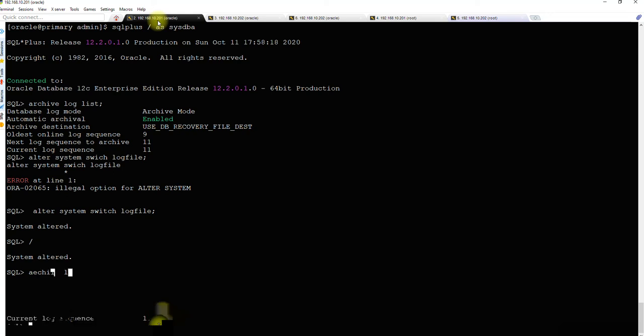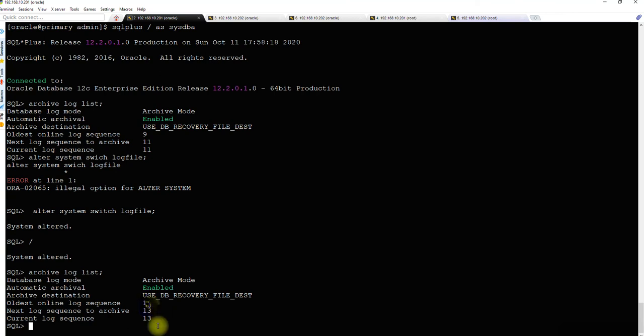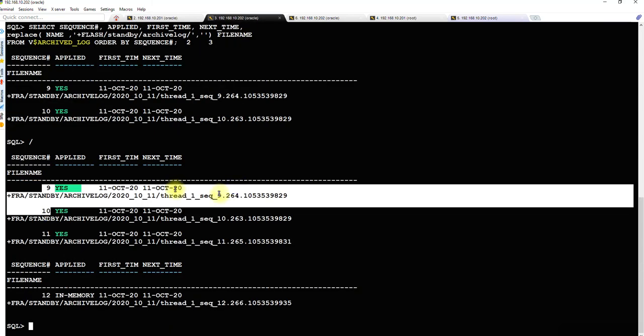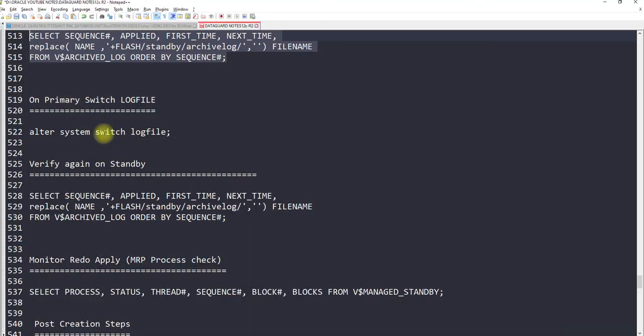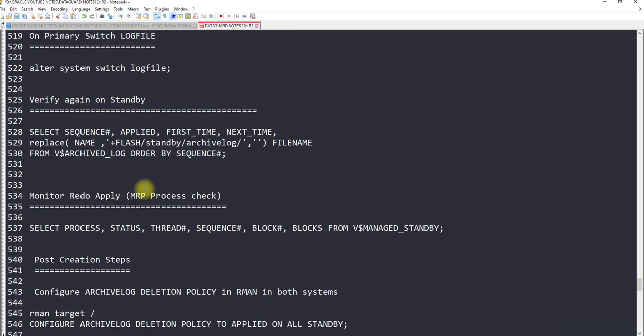So see, the current log is 13, but the oldest logs are 11 and 12, and the oldest ones are 9 and 10th. So now you can see it most clearly. Let's clear the screen.